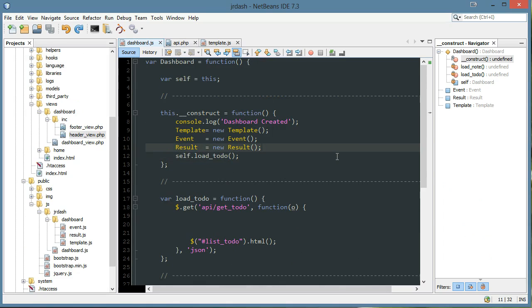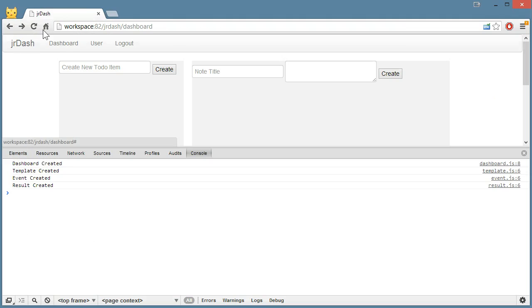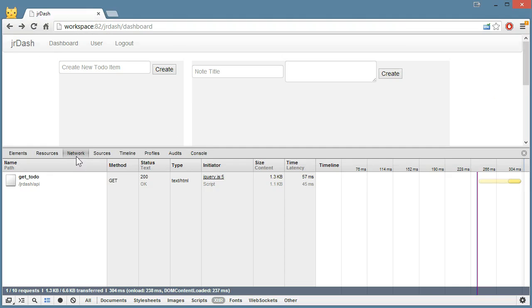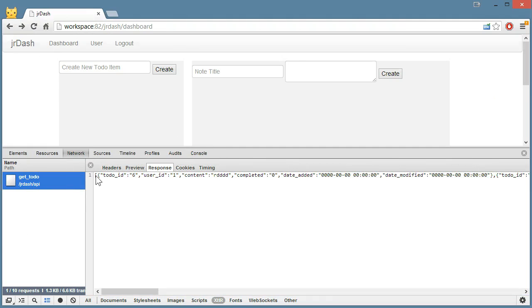Okay, and oddly we're having a problem right here with the result. I'm going to comment this out for now, and we can get rid of the self. Okay, so it should just be load to do. Okay, so I'll go ahead and refresh. Go to the network, and here's our little guy. And what I want to do is just pass this object in a loop